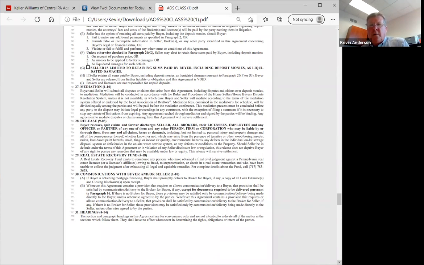Mediation will be conducted in accordance with rules and procedures of blah, blah, blah. Unless it's not available, we have it available. In which case buyer and seller will mediate according to the terms of the mediation system offered and endorsed by the realtors. There's fees. This mediation process must be concluded before any party to any dispute may initiate legal proceedings